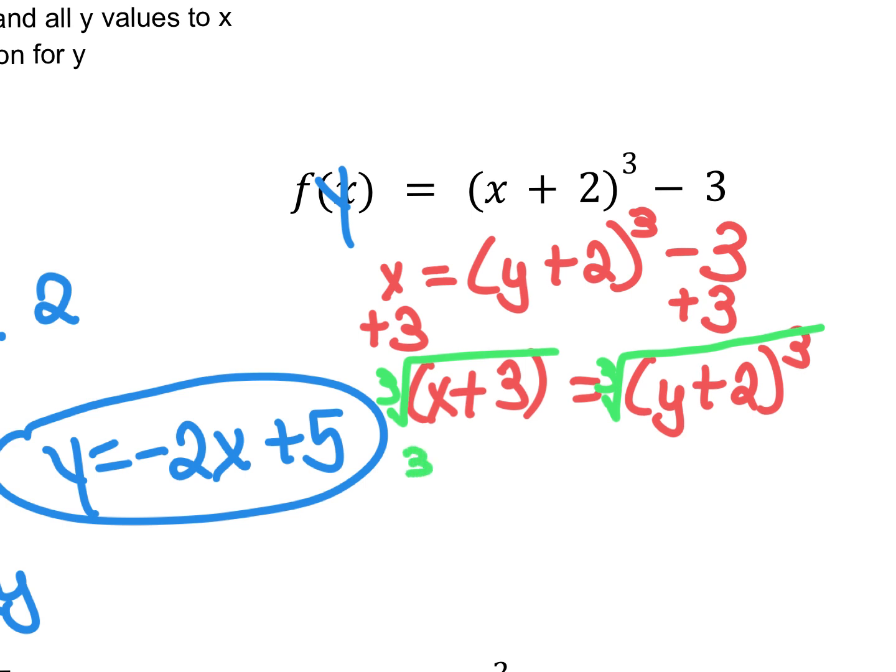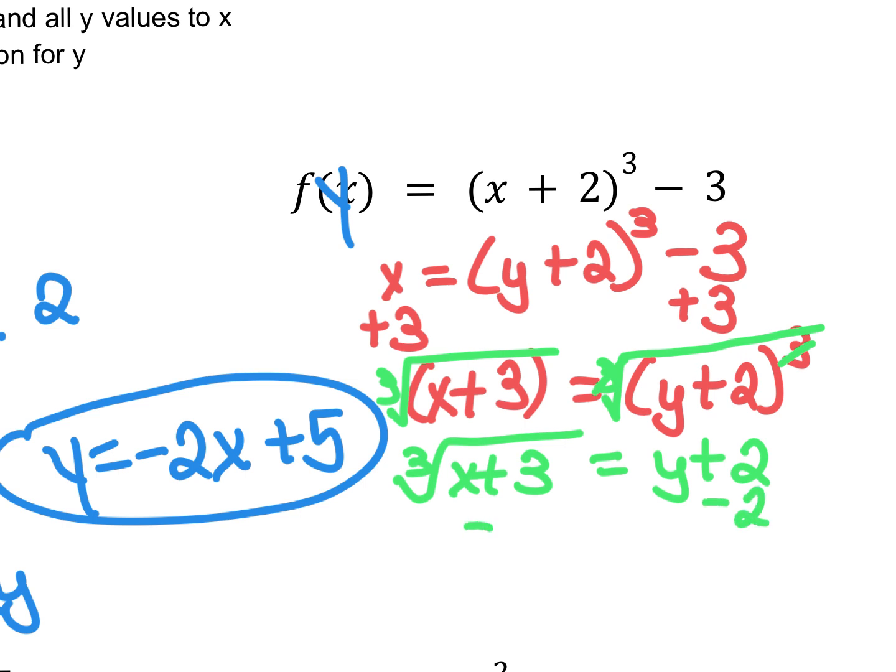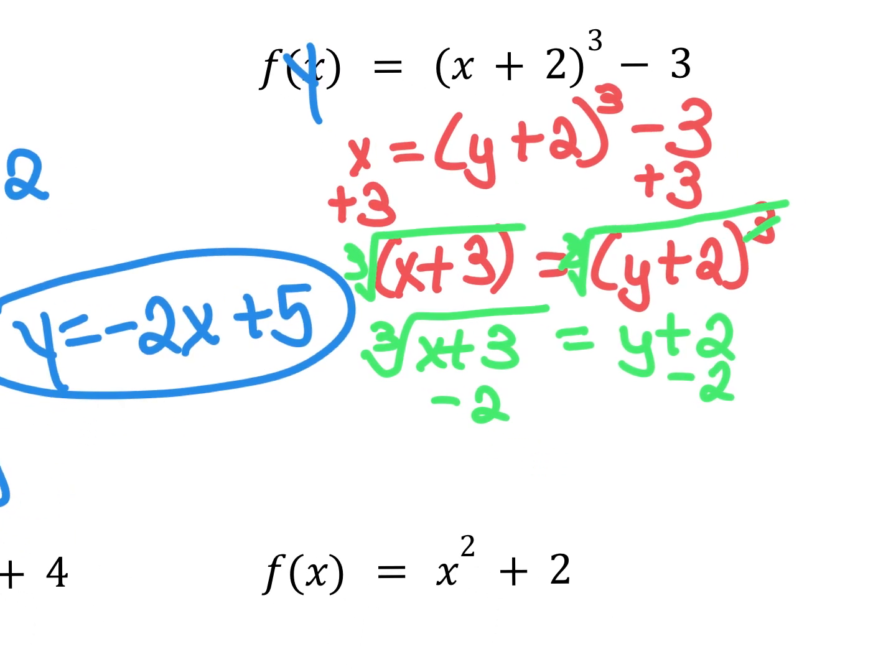So that leaves us with the cube root of x plus 3 on the left, and we have y plus 2 on the right. Because when we take the cube root of something that's cubed, it just basically cancels each other out. And then we want y by itself, so I need to subtract 2 from both sides. So we could write this either as the cube root of x plus 3 minus 2, or we could write negative 2 plus the cube root of x plus 3. Depends on how you want to write it. I'm going to go ahead and write it this way, negative 2 plus the cube root of x plus 3